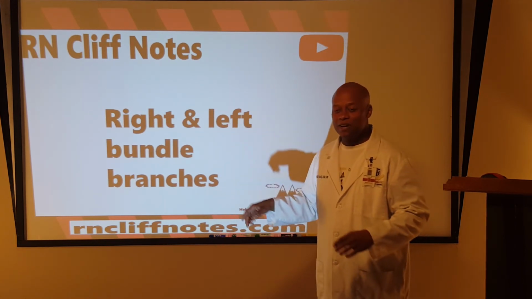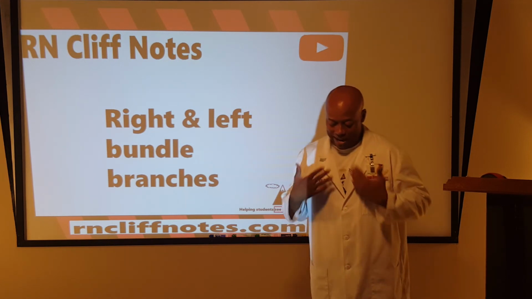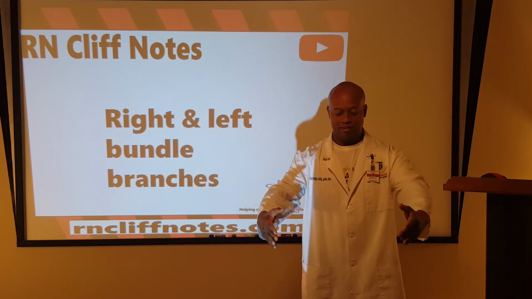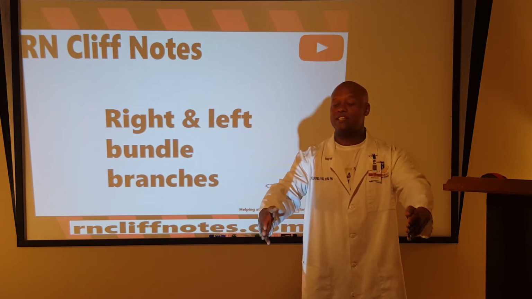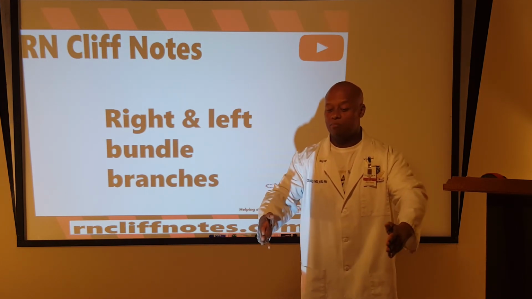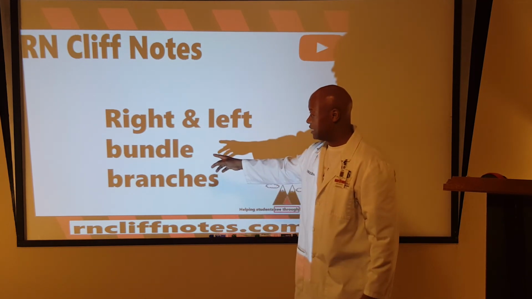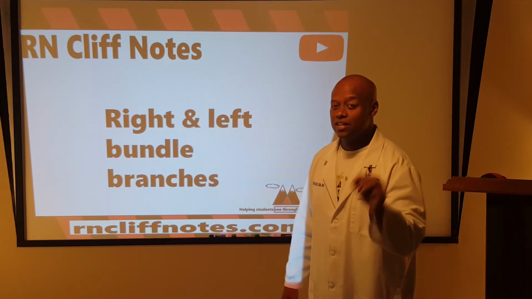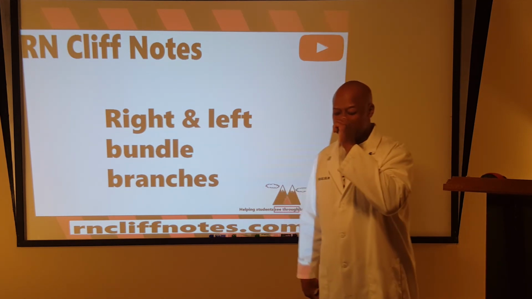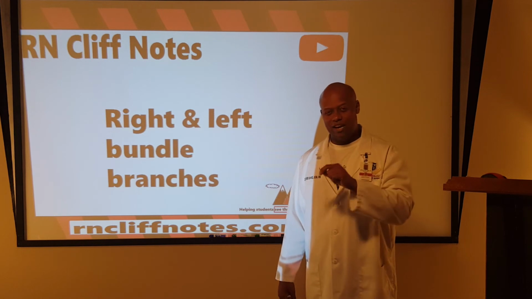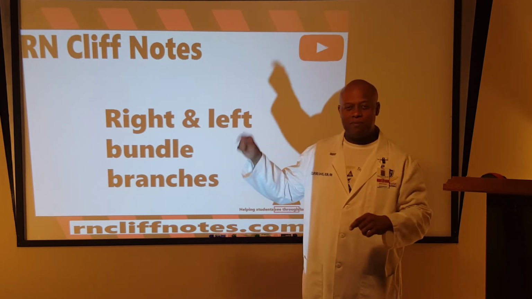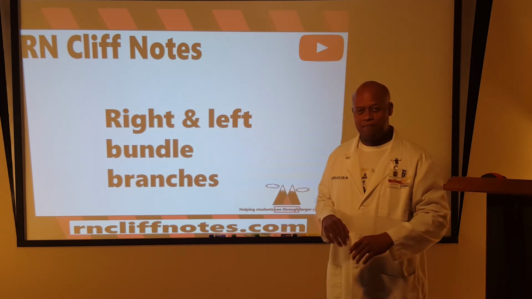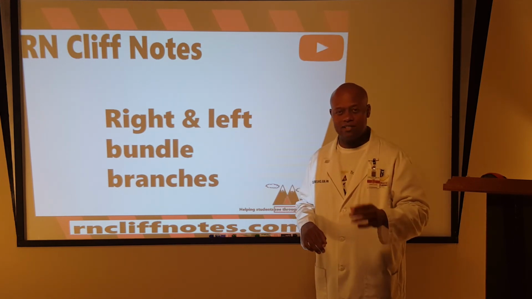So, your right and left bundle branches are coming out of the bundle of His, and they're branching out, right? And they split, and we'll see this in a diagram shortly. So they branch out from that bundle of His, and that's why they get that name, bundle branches. But now, let's say you're looking at your patient's chart, and you see this abbreviation in the history and things your doctor wrote, BBB. Say something like LBBB or RBBB. And all that's saying is your patient has right or